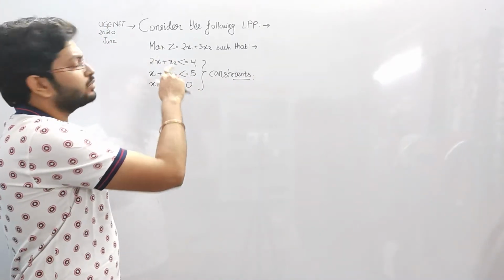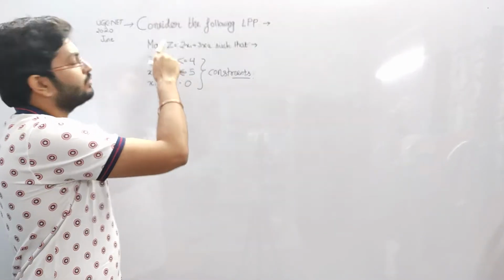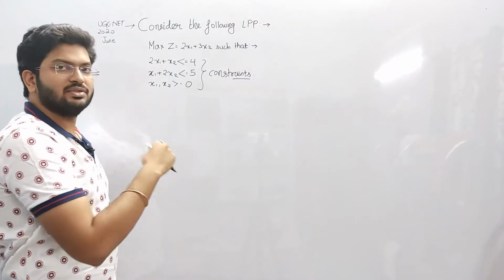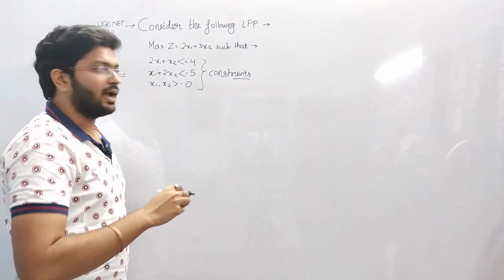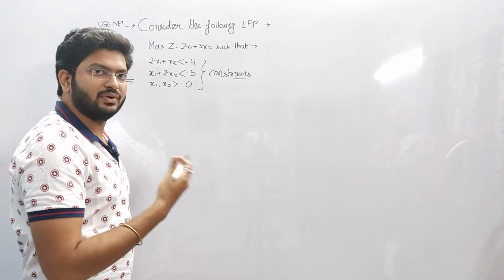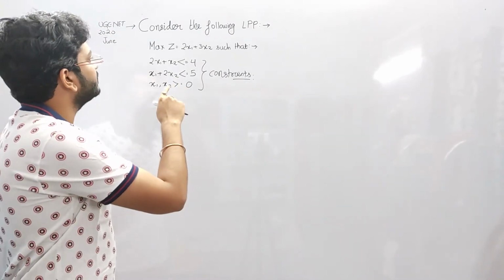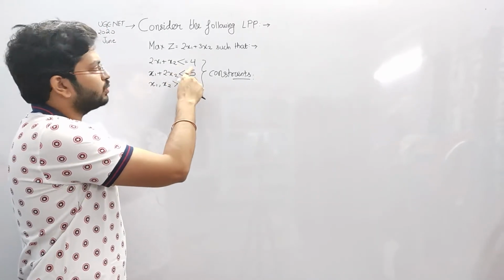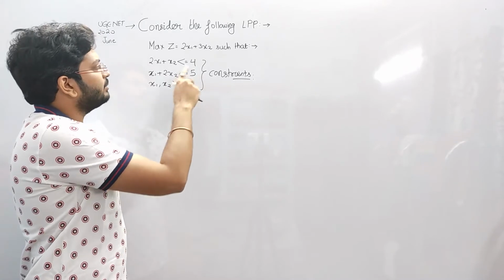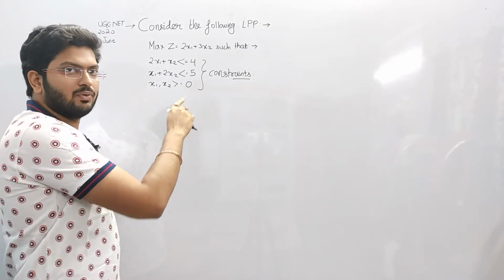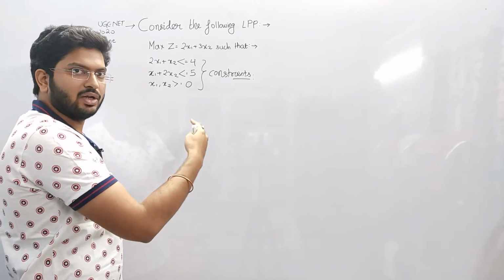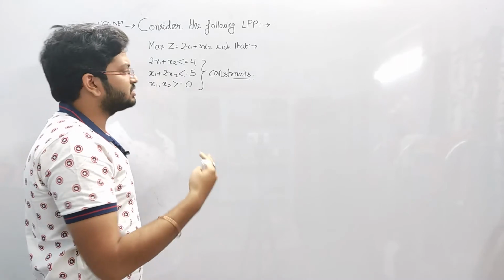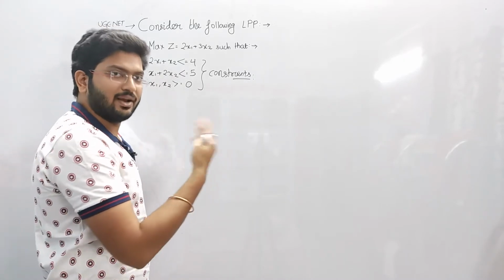Now it was asked in June 2020 of the UGC NET examination. We have to maximize, and I will be solving this problem step by step, showing how to attempt this question in the exam if it is asked. The constraints are given. The first step: it is given less than or equal to 4 and less than or equal to 5, and the variables should always be on the positive side, that is x1, x2 greater than or equal to 0. Now first we have to create the graph. We will solve it in the graphical way, which is generally easy.